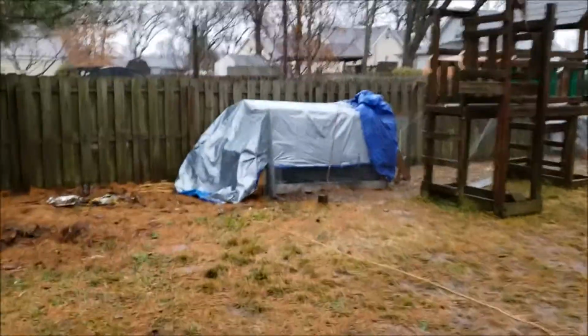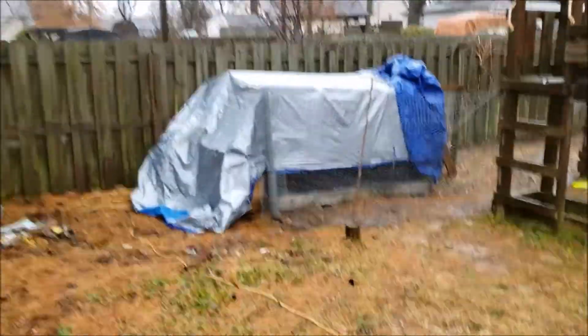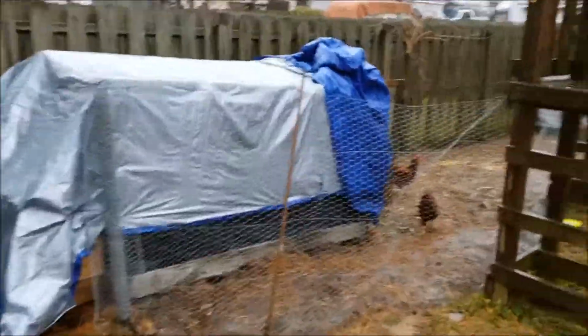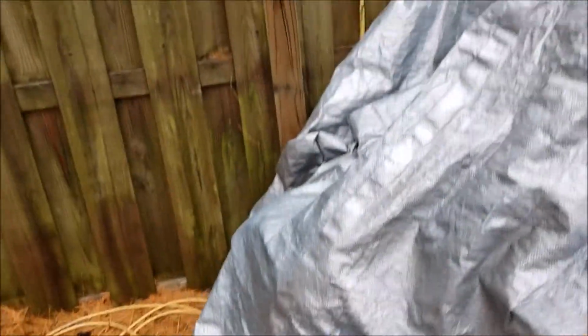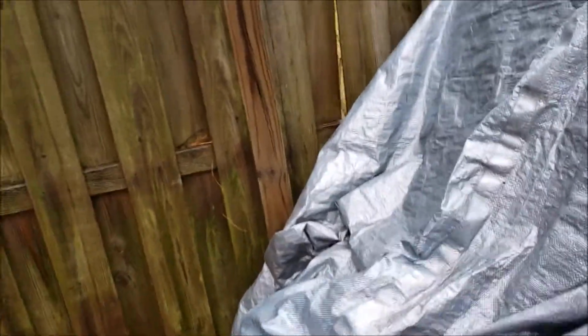It's raining out, but it is warm. I think it's close to 60 degrees today here in Martinsville. So yeah, they're coming out. They probably think I'm going to feed them, but we're not. We've already fed them earlier. We'll probably put some food in their little...